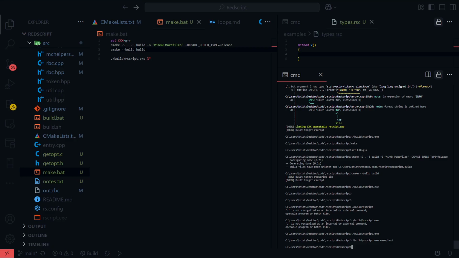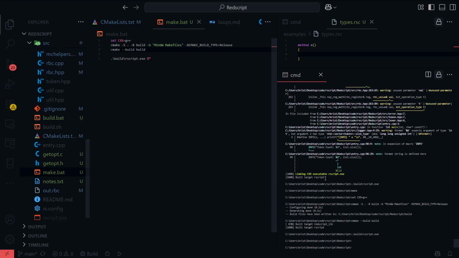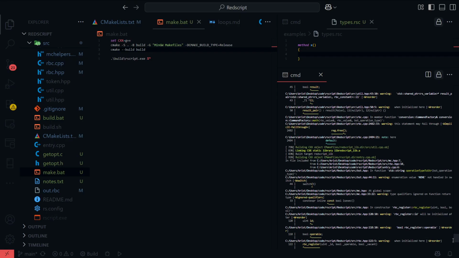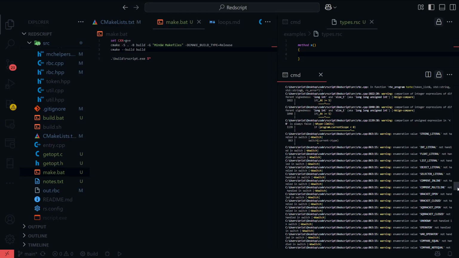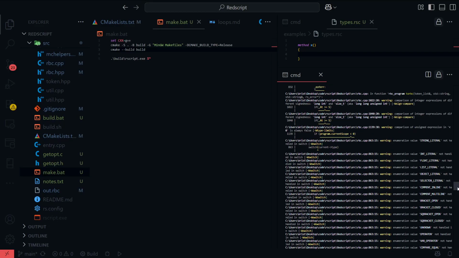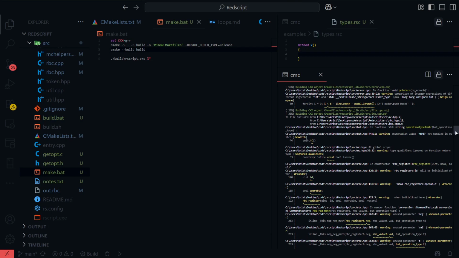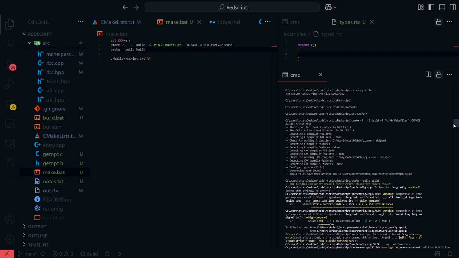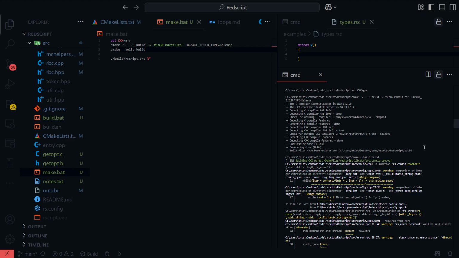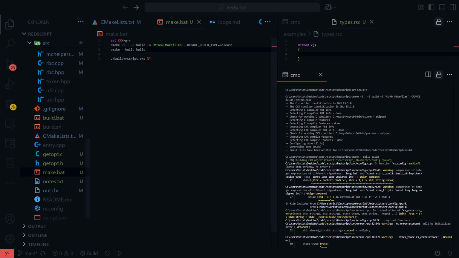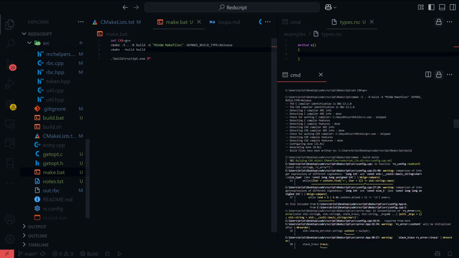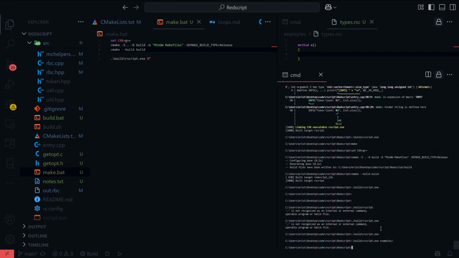But yeah, now we can get to actually fixing the code. Like, look at all these warnings. Wow, a lot of warnings. We'll go through them soon enough. What I'm gonna do first of all is check why it's not actually running in the end.